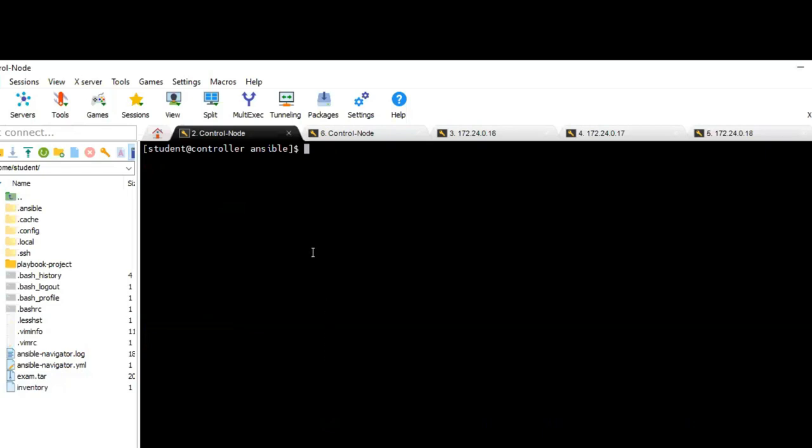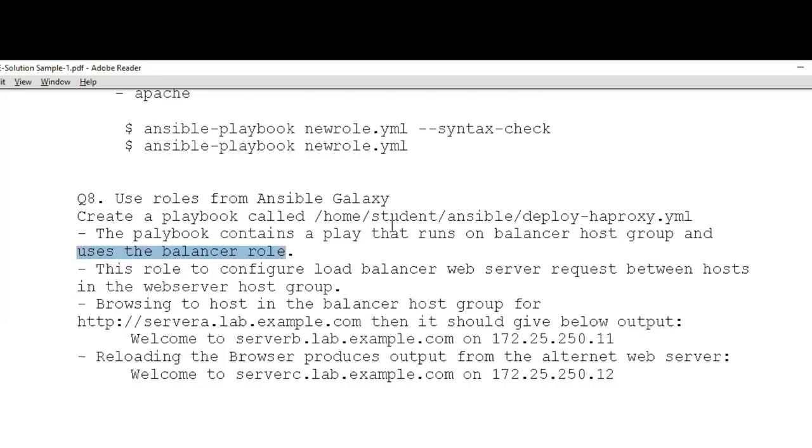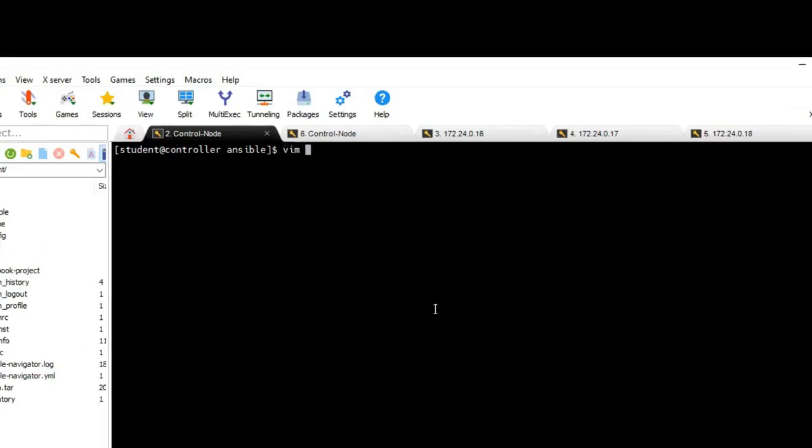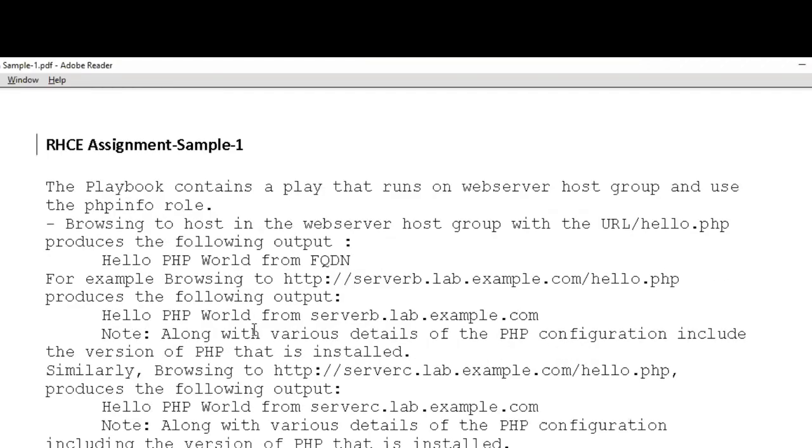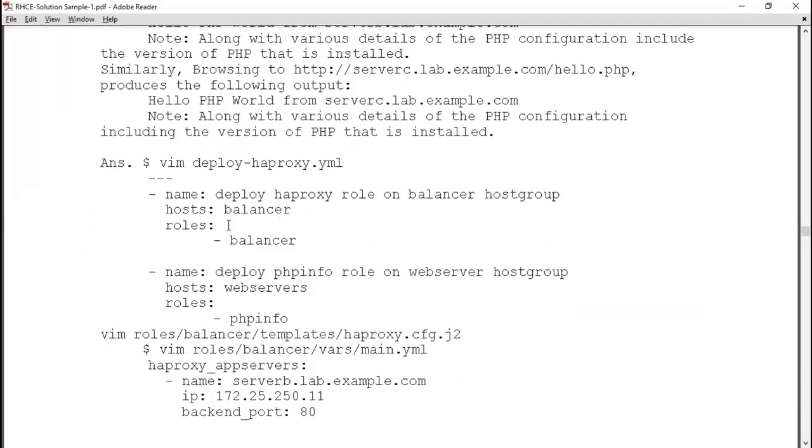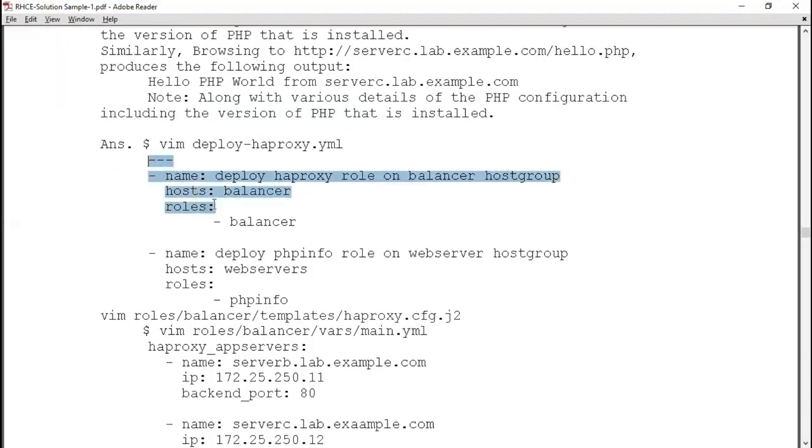So I will come back to the controller, and it's saying deploy-haproxy.yml. I'm already on this location, so we'll create this file, deploy-haproxy.yml. It's saying this should be on the balancer host group, so I will use this.